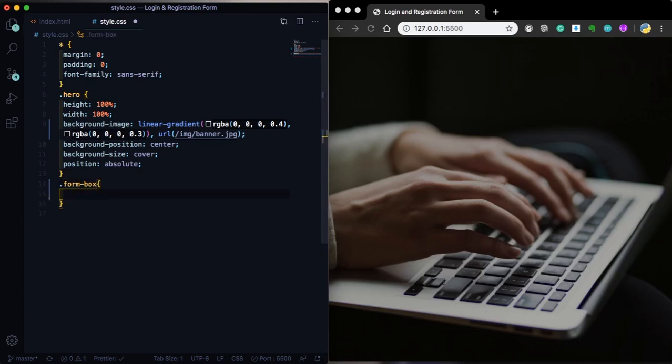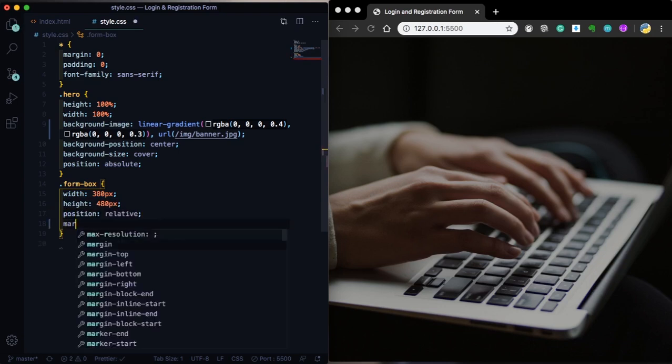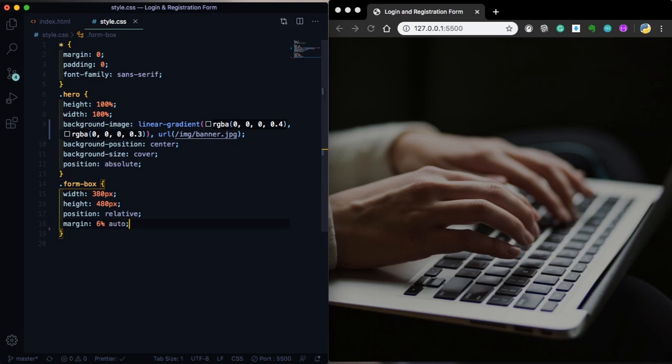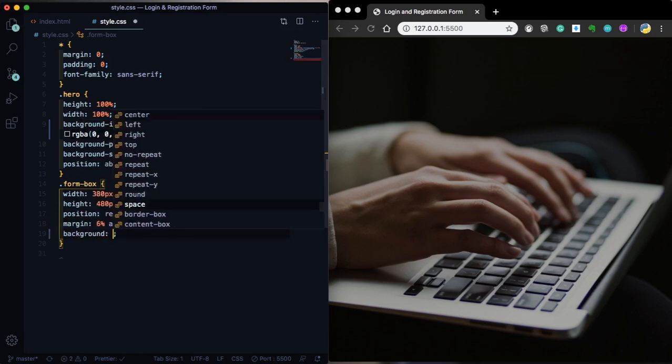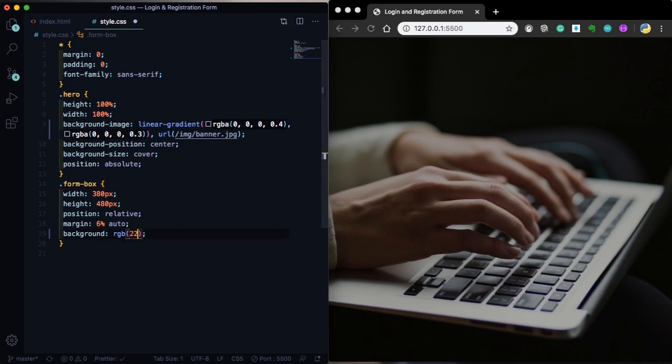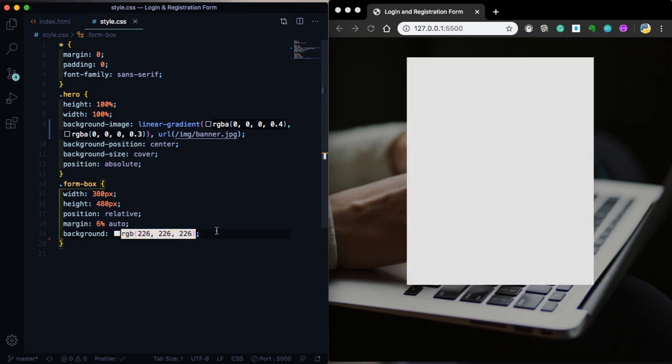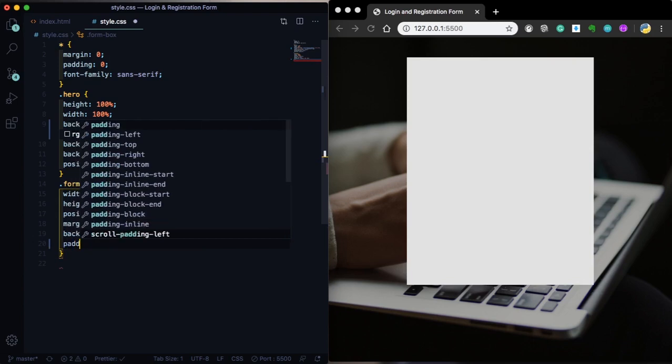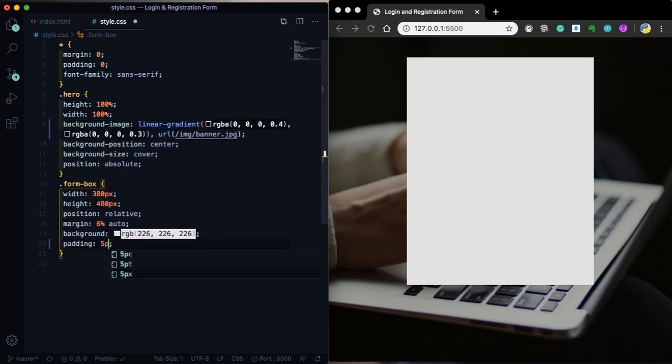Alright, now let's start our form box itself. Let's give it a size, okay, width 380 and height 480. Position is going to be relative. Margin 6% auto. Background, let's choose a white color. Not too white, so there is not the high contrast, so let's pick this RGB 226, looks nice. For the padding, let's give it 5 pixels. And overflow,